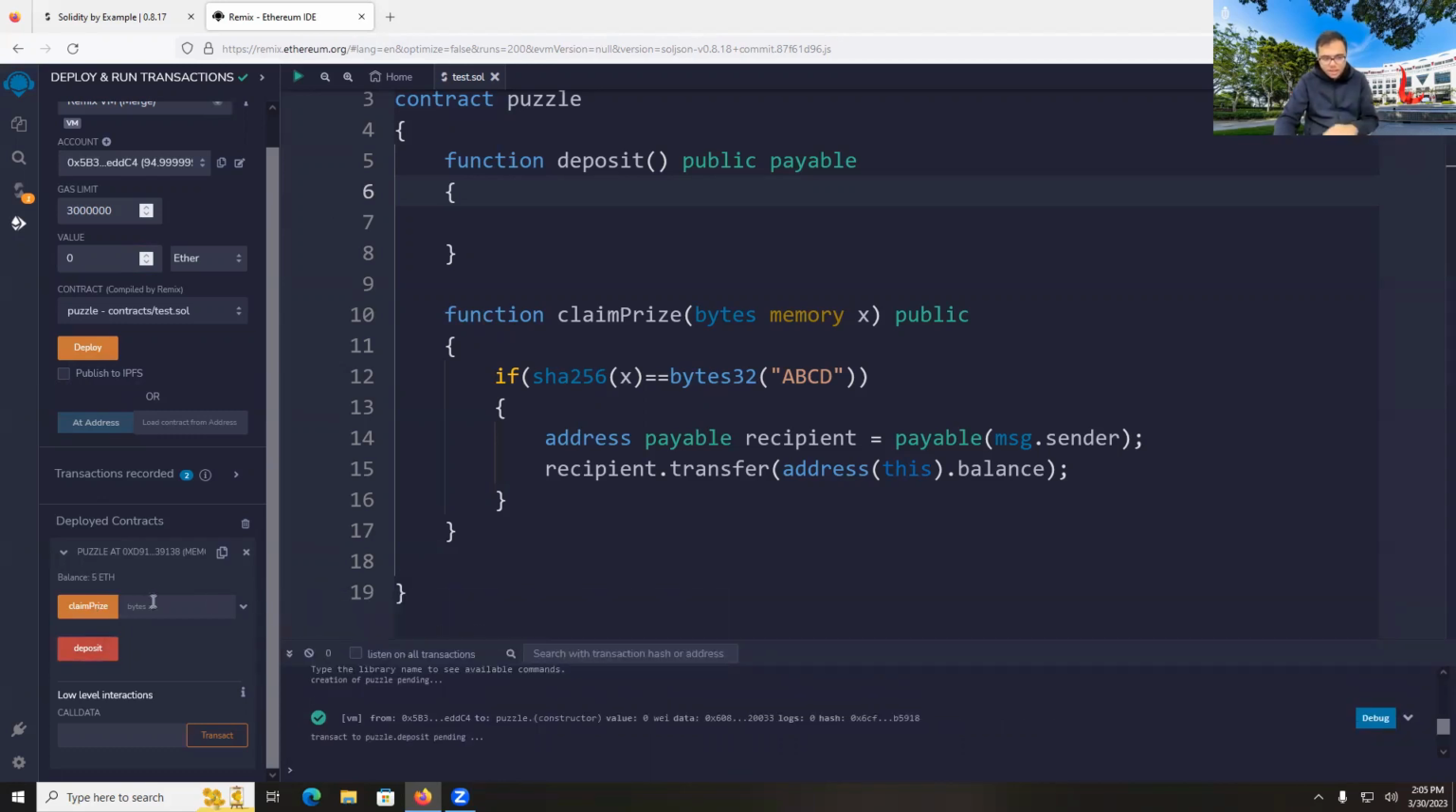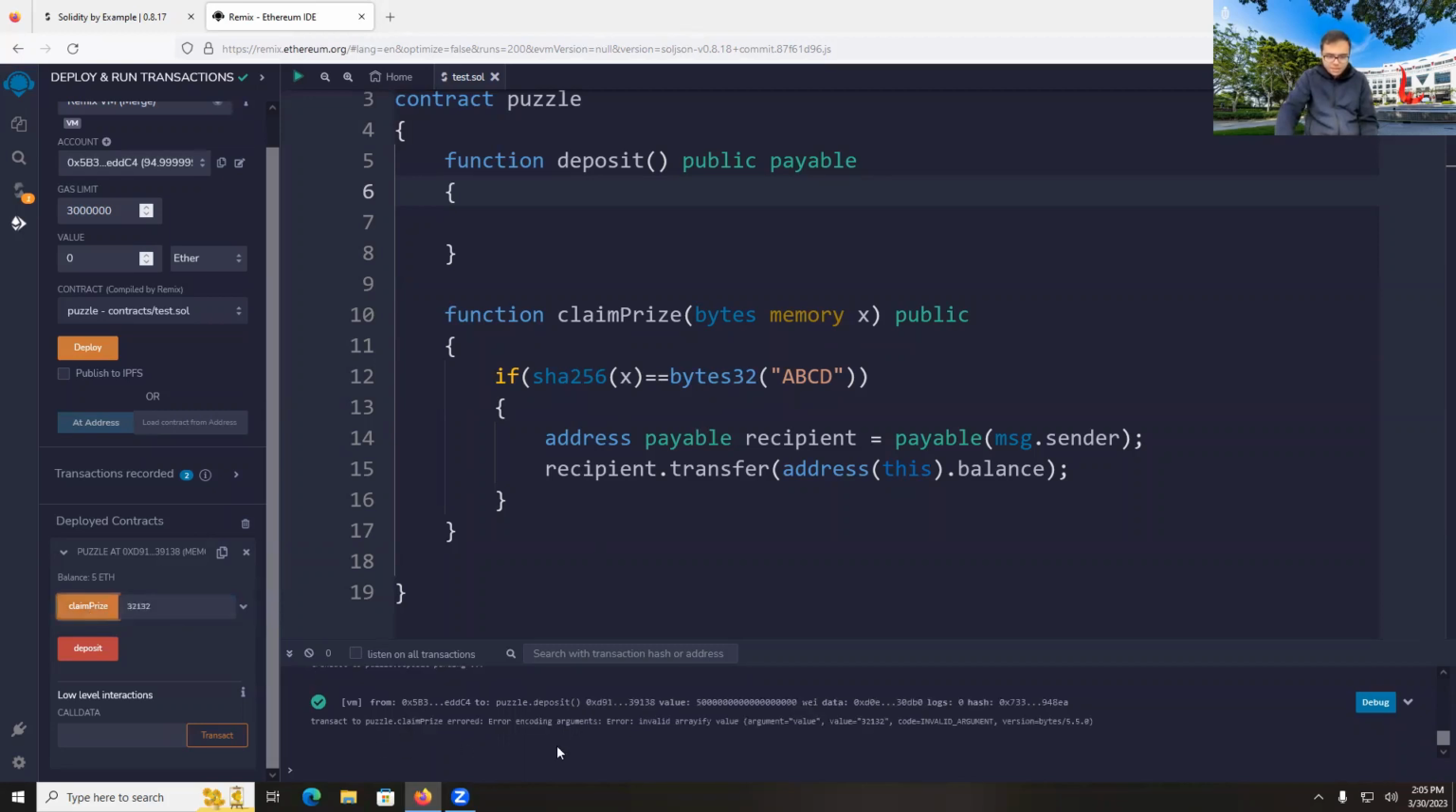Whatever, this contract now has 5 Ether. Now, here's the thing. If there's someone on the network who can somehow solve this puzzle and find the right value of X, then you can enter that right value of X here, and you can just click on claim price, and you should get the price. Now, in this case, as you see, the balance of the contract didn't change because this was not the